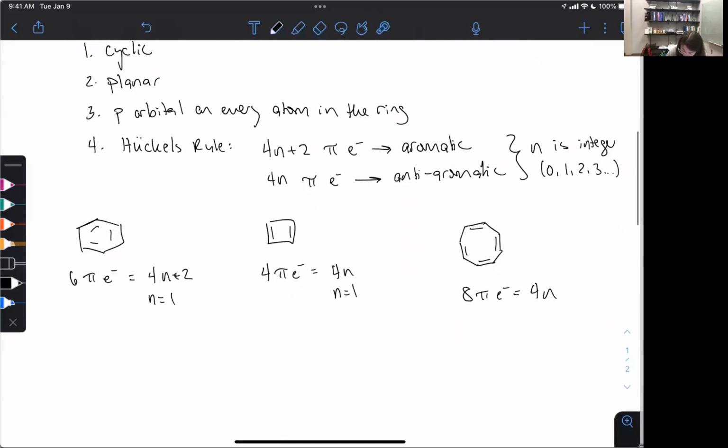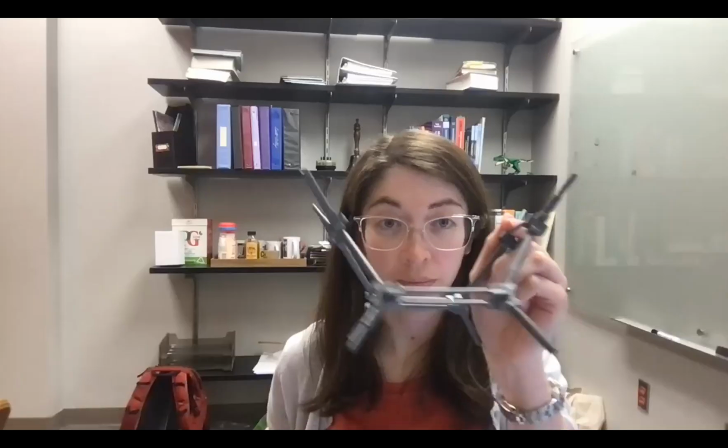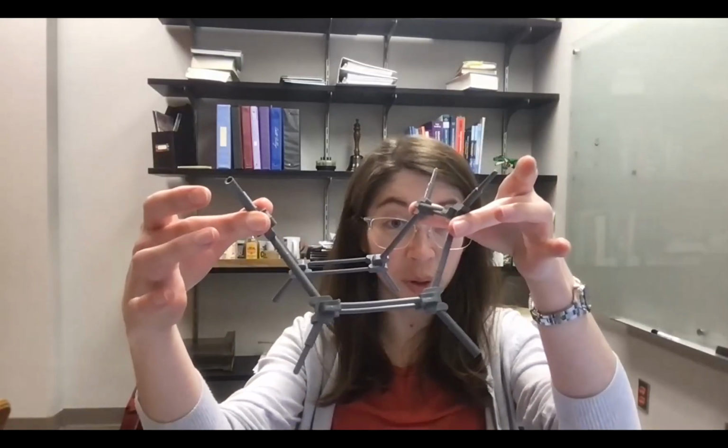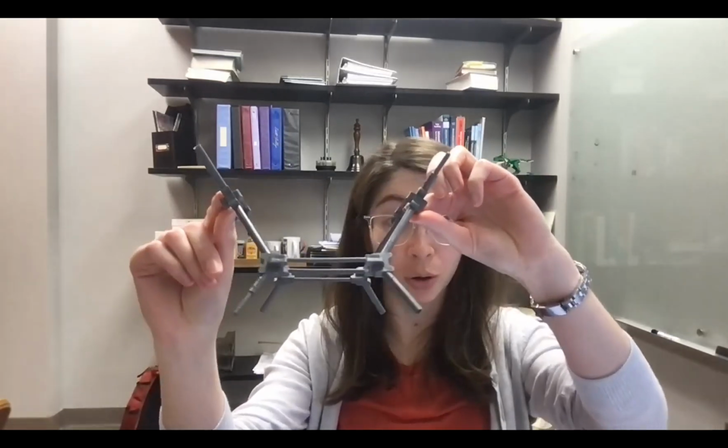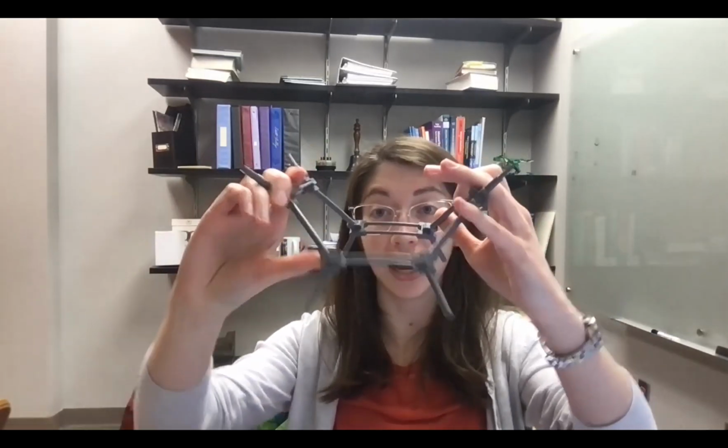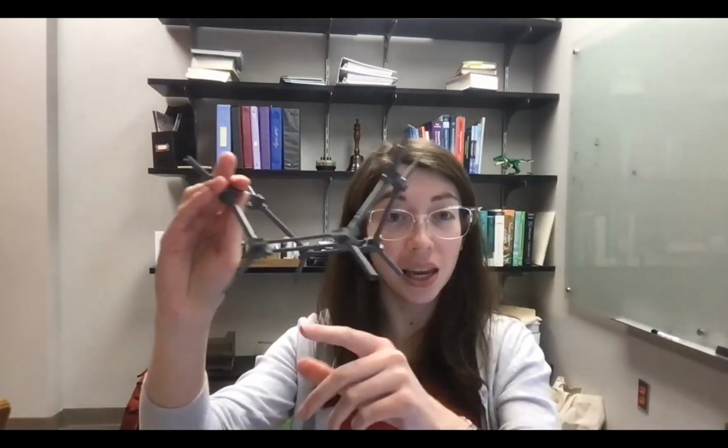So the way that this actually looks, I'm going to try my best to draw this out. Okay, it actually adopts more of a boat type shape. So when you build a molecule of this, actually, I'm going to pause this real quick and build a model real quick. Okay, got my model. So when you build a model of it, you see it's actually more of a boat shape than anything. And I can't actually bend it to be flat, right? So this is definitely not planar.